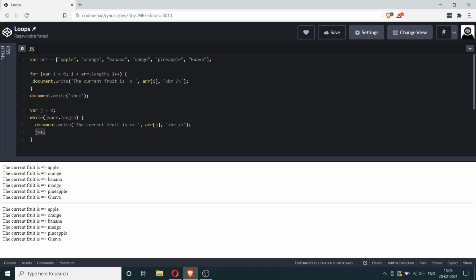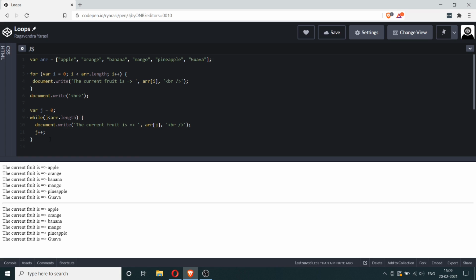So you can see that these two statements are very similar. In the for loop, we are specifying this as statement 1 and this as statement 2 and this as statement 3. In the while loop, we are only specifying statement 2. Statement 1 is specified outside manually, and statement 3, which is the code that gets executed at the end of every iteration, gets manually entered here. So you can see that it's very similar and results in the same thing.